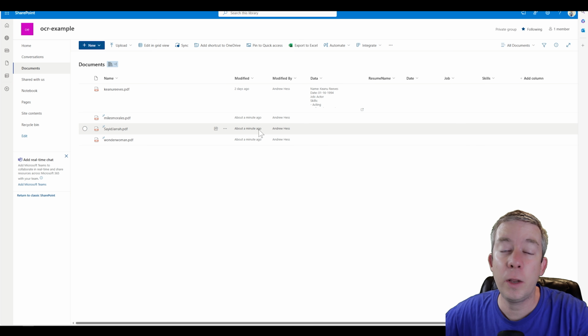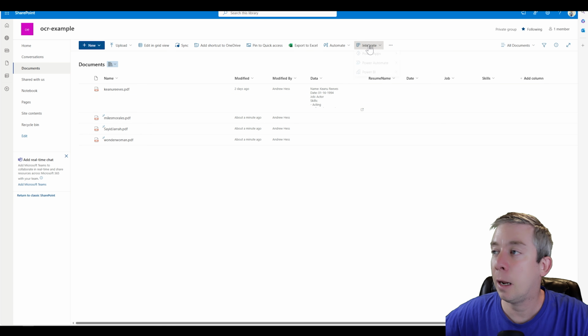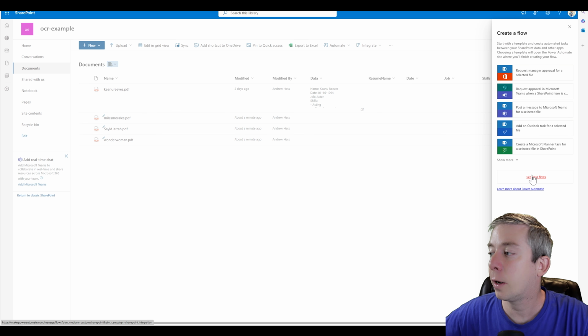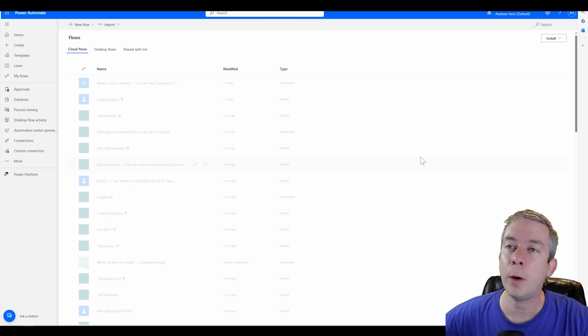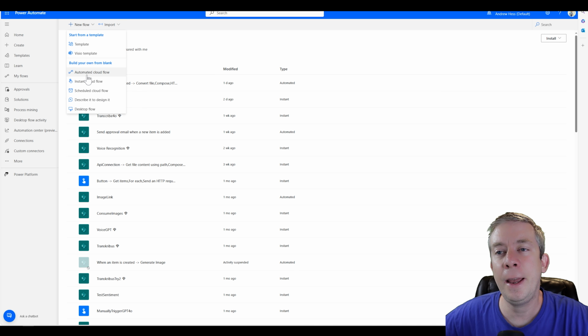All right, so now let's create a Power Automate based on this list here. I'm just going to do, let's see, integrate, Power Automate, create a flow. So I want to click see my flows. There's many ways to get to this area, but that's just one way we can get to Power Automate. I'm going to do a new flow, and